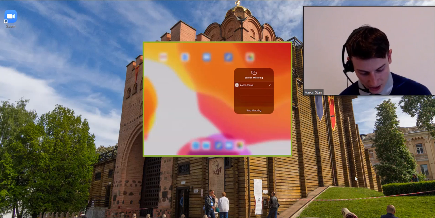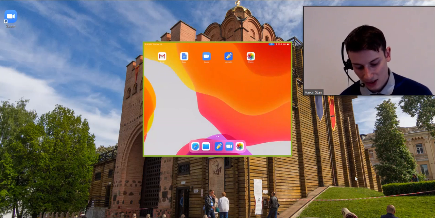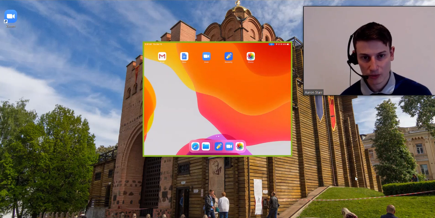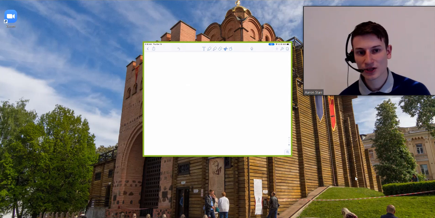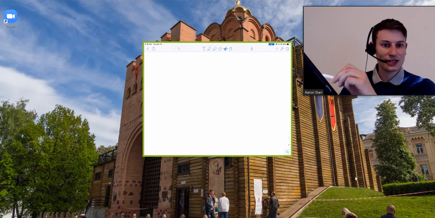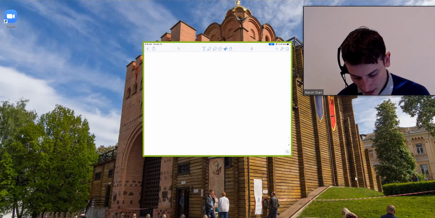So your students can see everything that's on your iPad. And this is really handy because, for example, if you want to replace your whiteboard, you can just use Notability. So you're used to in a classroom, right? You go in, you write some stuff on the whiteboard, that sort of thing. So now you can do that. You just write on here and it's your whiteboard. So if you want to teach some algebra, right? Like, I don't know,